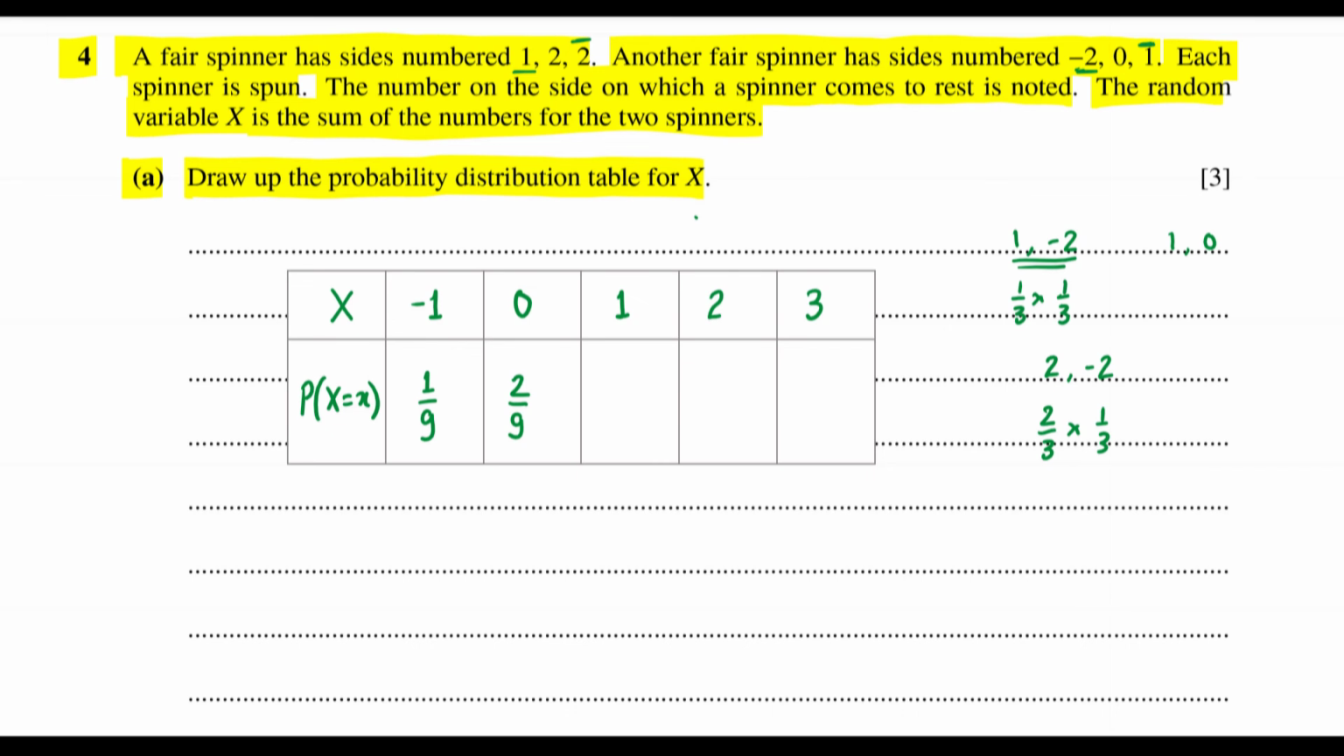Anywhere else it is not possible, so this is the only possibility. And for 1 it is 1 by 9, and for 0 again here, sorry, 1 by 3, and here also 1 by 3, so it is 1 over 9. And for 2,